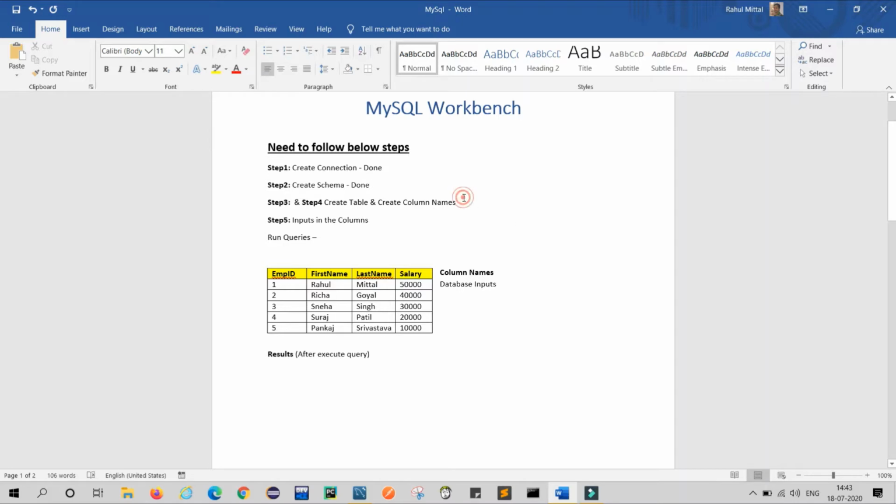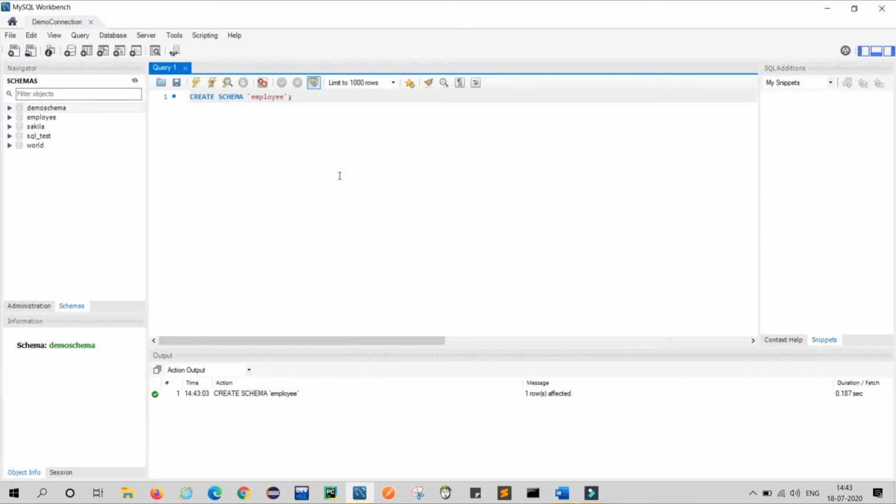Now my third step is to create a table and create columns. So see how we can do this. We will write the create command for table. Create table. Now here we will provide the schema in which the table goes.